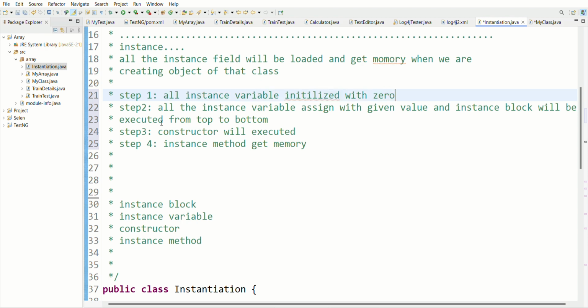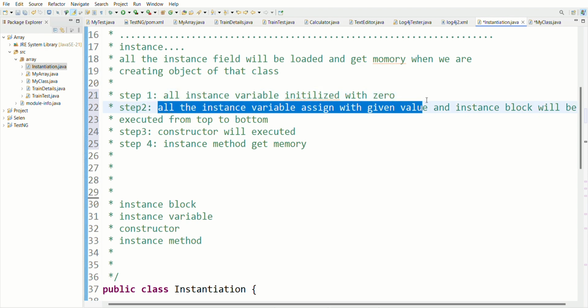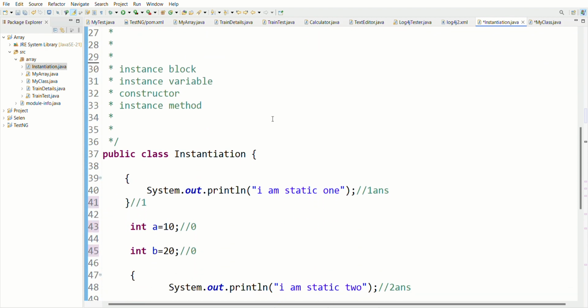Now in the second step, all the instance variables are assigned the given value and instance blocks will be executed from top to bottom. Same procedure. At first you can see, this is my instance block. As it is an instance block, it will be executed. Got it? Now here int a is equal to 10.